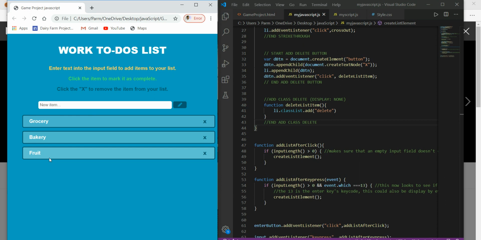What we have done over here using JavaScript is that we have created the UL element, and using the unordered list element we are adding items to the list over there. We have also created buttons, and using this button we are deleting the item from the list. So that's all the fun we have had using JavaScript.